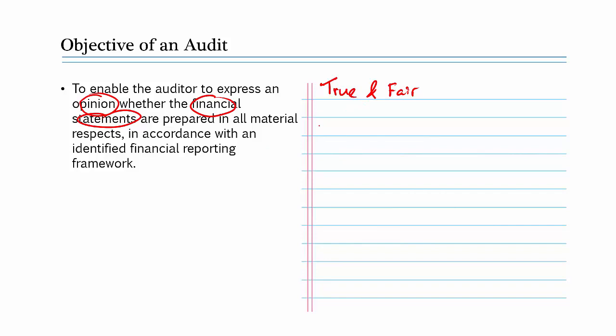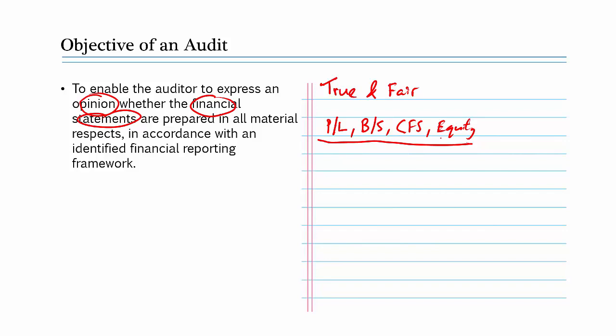Financial statements, quickly, consist of what we call the income statement, the balance sheet, your cash flow statement, your equity statement, etc. What they are saying here is the auditors will check these components of the financial statements to check whether there are any misstatements, which are errors in these financial statements.